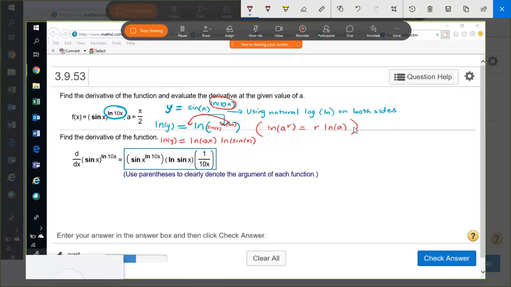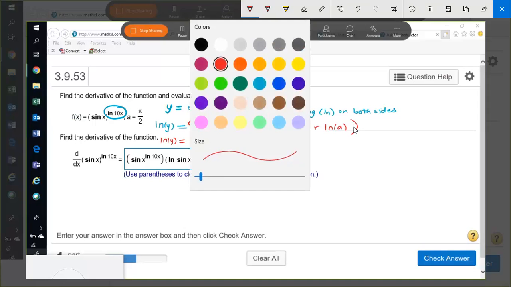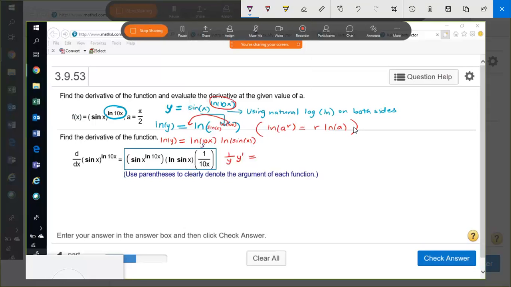Now you want to find the derivative of this function. The derivative of ln of y is 1 over y times y prime, using chain rule, implicit. On the right side, it's the product rule. It's the product of two functions. This is my f and this is my g. So it's f prime g plus f g prime. Using my product rule, the derivative of ln of 10x is 1 over 10x, but since this is a function, I have to multiply by the derivative of 10x, which is 10, and I'll keep ln sine x as it is,